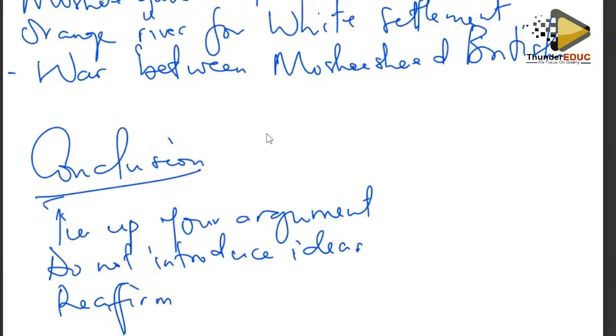Right. So basically, I think those are some of the ideas that you can use when you are answering this essay question. Right, but those are just some of the ideas that you can use, but there are so many other ideas that you can use to show that there was cooperation and also there was a conflict in the Highveld between the British, the Boers, and the Basotho. Right, that takes us